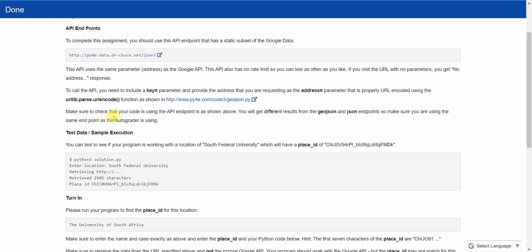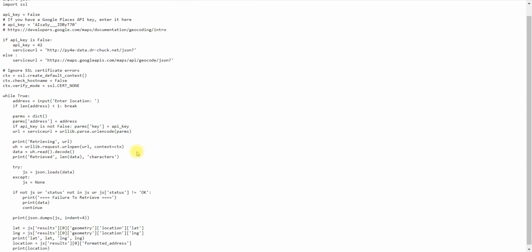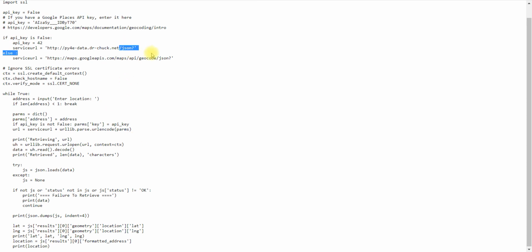Now make sure your code is using the API endpoint as shown above. Here, as shown above means you can open and test it. Nothing is there, you can just go and check it out. See how they are using the JSON API and how they are fetching the entire data. A little bit of information is given here as a hint.